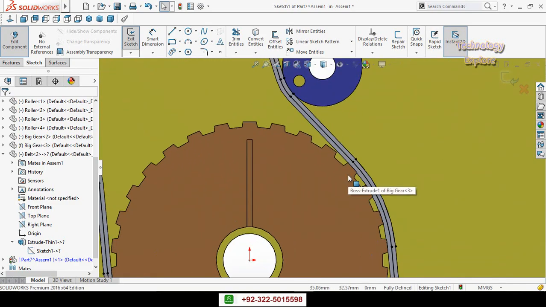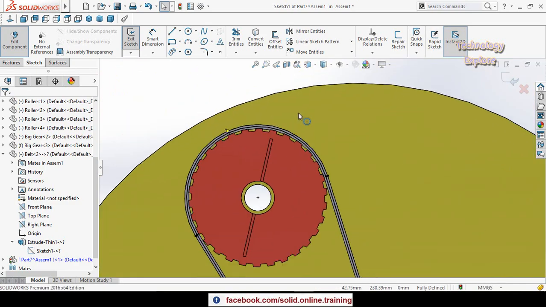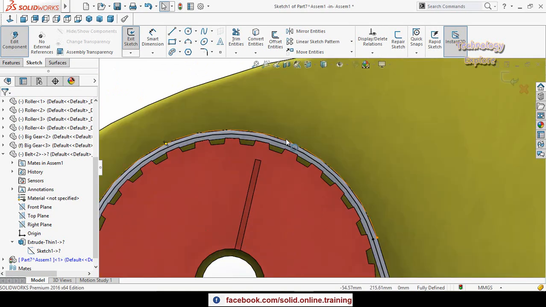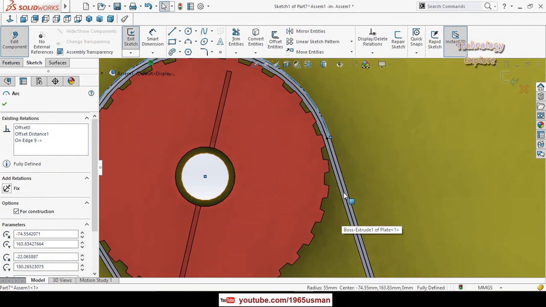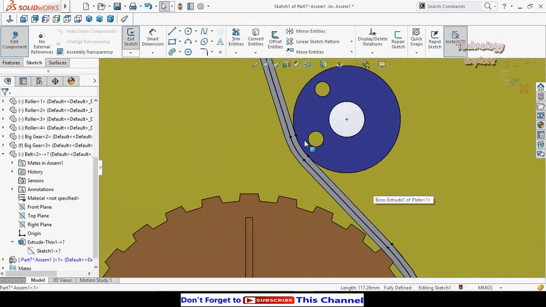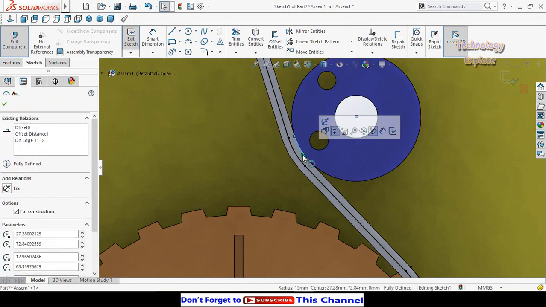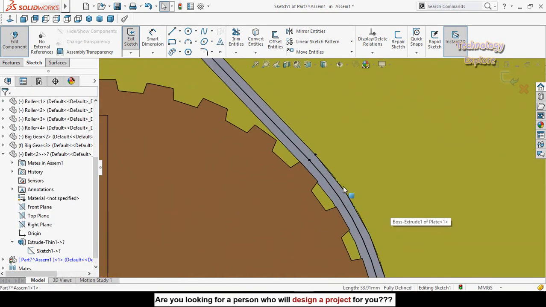Now zoom in, select all these outside lines and delete them one by one. These outside lines, delete them one by one.